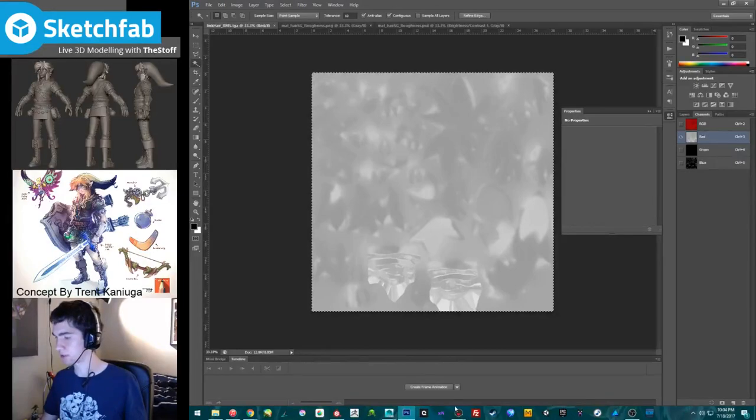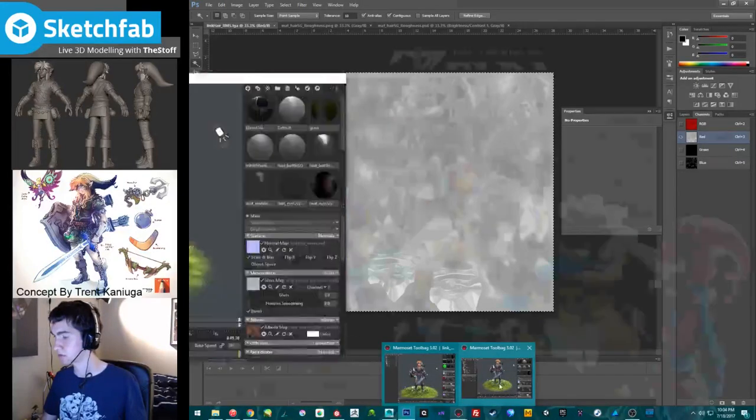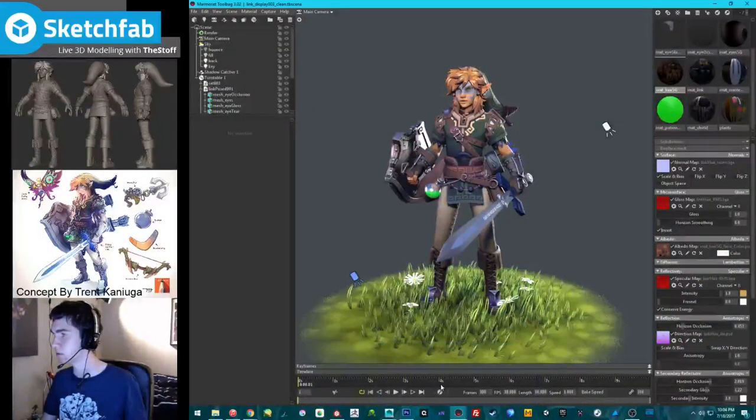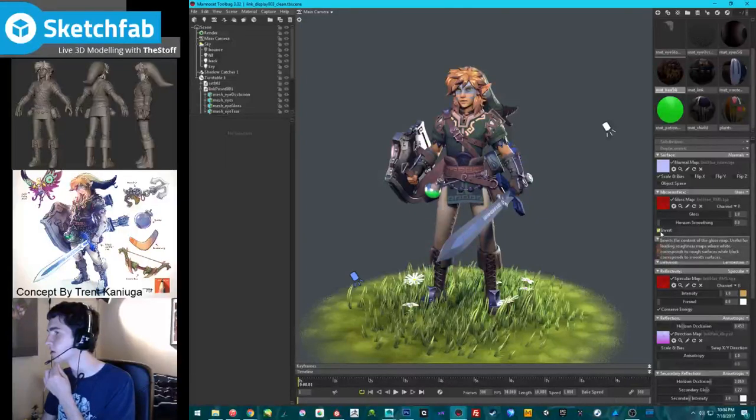Try increasing the roughness slightly. Oh, it's inverted. Wait. So the whiter it is... Okay.